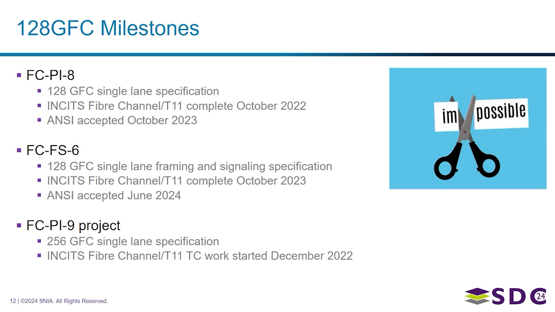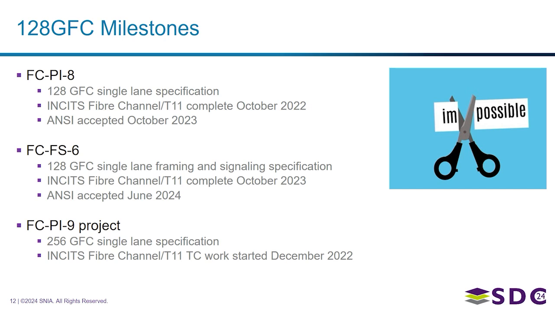Basically, what you can glean from those two milestones is that the Fibre Channel community comes to completion at a certain point and then sends it out for public review. The public has the opportunity to make comments, and once those comments are incorporated into the standard, we send it through the finalization process for publication by ANSI. So the final step is, I'll call it more of an administrative thing. Typically, our partners or the Fibre Channel community can start building products once the standard is complete from the Fibre Channel community. So we could actually start building toward delivering products back in October of 22.